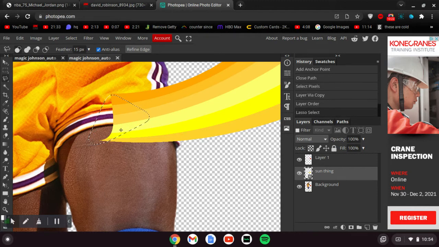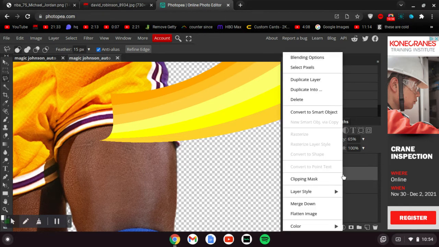Oh, also before you make the selection, make sure the feather is 15, not after. It has to be on 15. If it's on 0 and you make the selection, you can't change it to 15 after. It has to be 15 before. I forgot to mention that. Then you want to make sort of a triangle thing, after, of course, you're done with the bounds of the sunbeam. Then you want to click Control+J, and then make the visibility 65